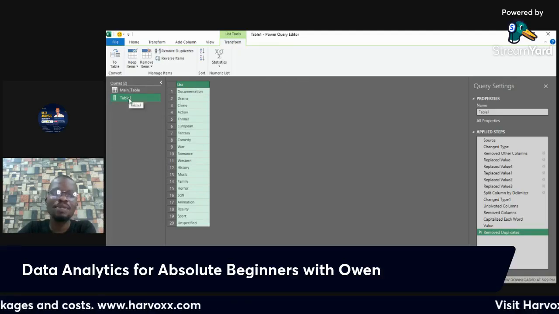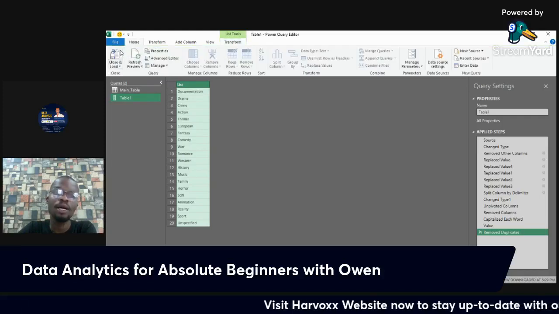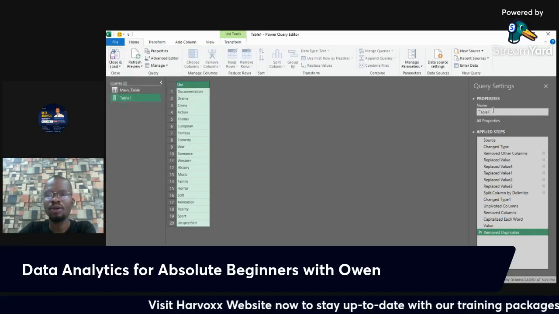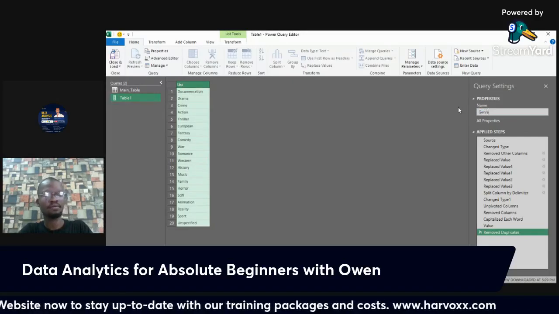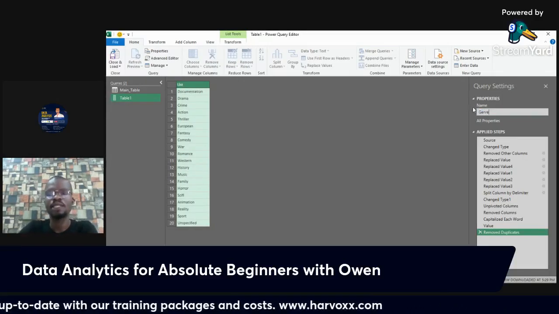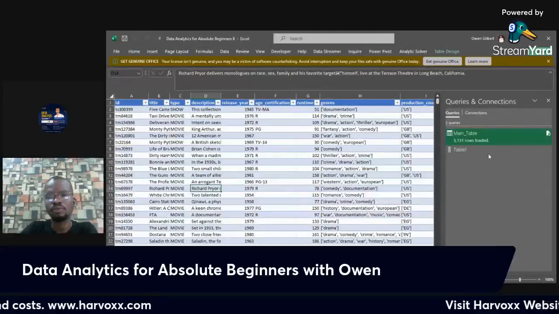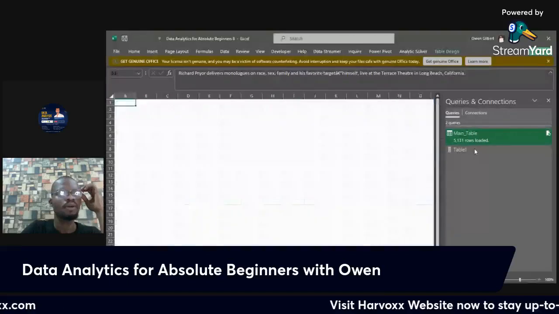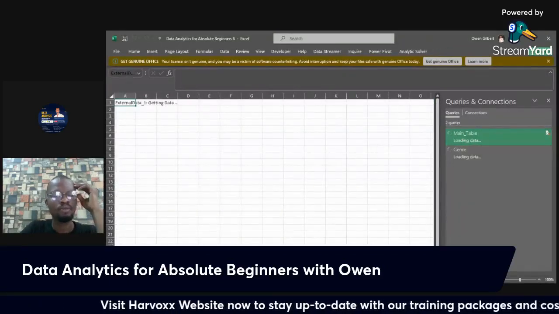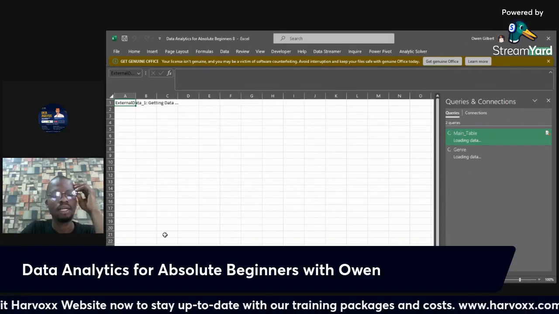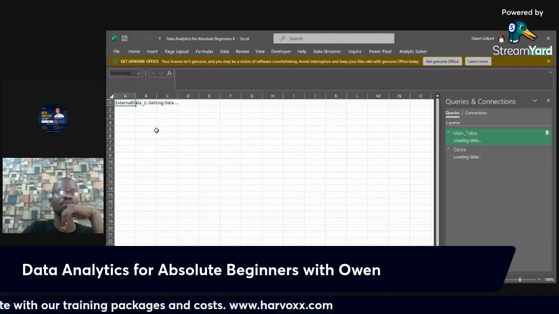So I can simply load it back to my table, convert it to a table, or I can load to Excel. So let me call this genre. Okay, so let me close and load. So I now have my main table, which I got from Power Query, and I now have also my list of